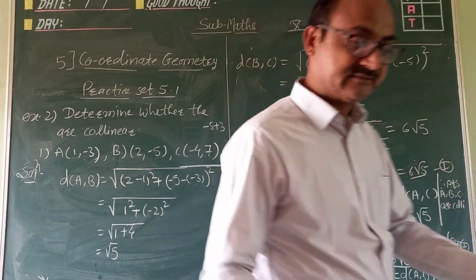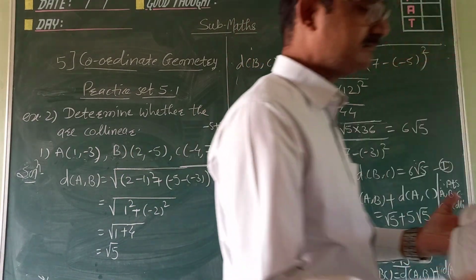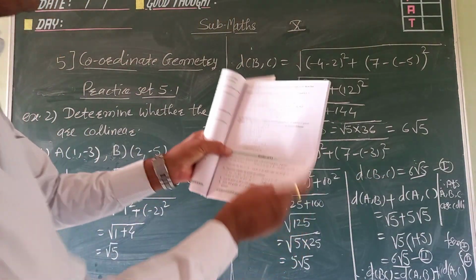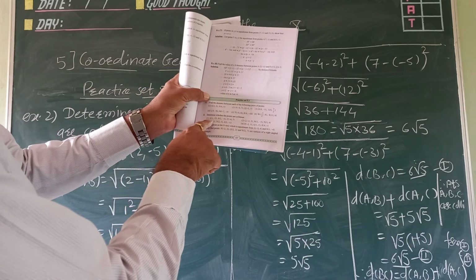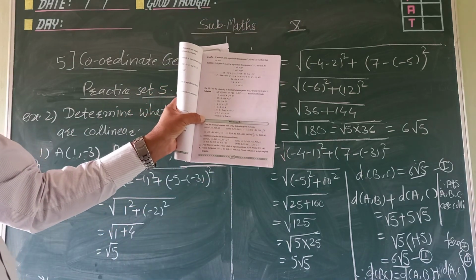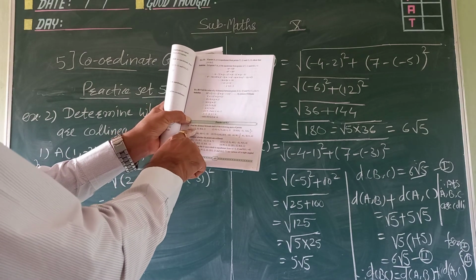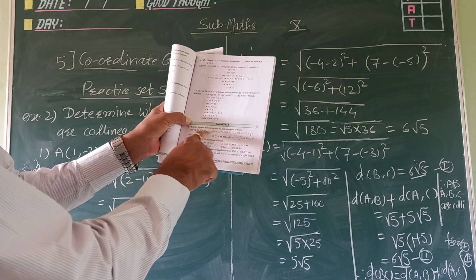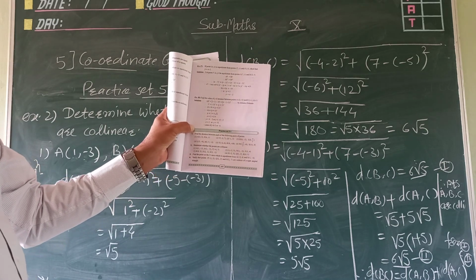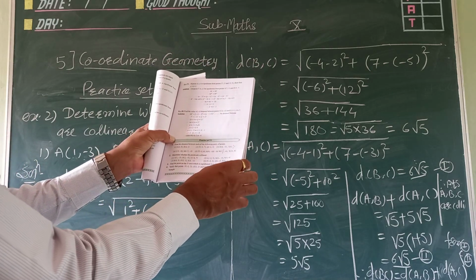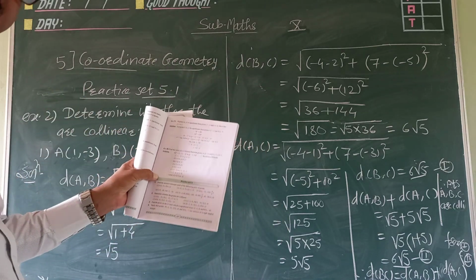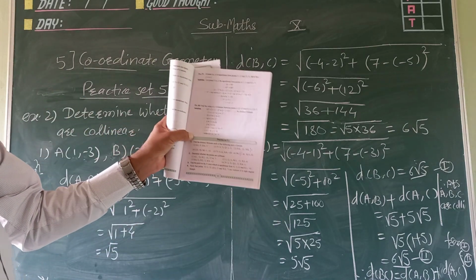I think you understood this one. So you have to solve some examples on this. See here, the first one I have already solved. Like that, the second, third and fourth you have to solve. From the first and third, solve 1, 2, 3, 4, and examples 3 and 7 are for the assignment. Then the remaining part we'll see in the afternoon session. Okay. So solve this and send your answers.